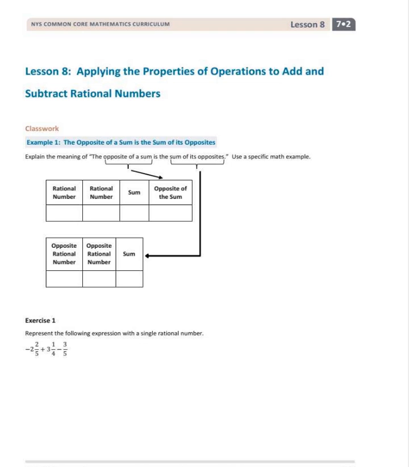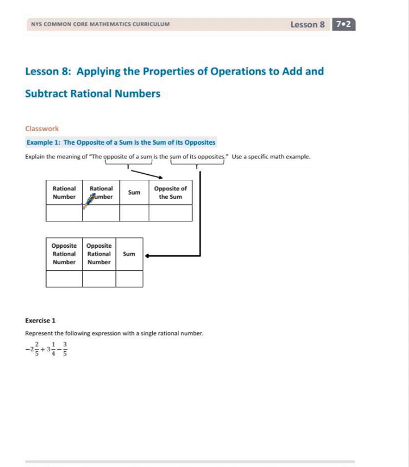Lesson 8, and it is on page 93 in your book. So go ahead and turn to page 93, and we're going to look at the top of the page. We're talking about an opposite of a sum and the sum of its opposites. Okay, so it's not a very difficult topic, but it's kind of weird in how it's